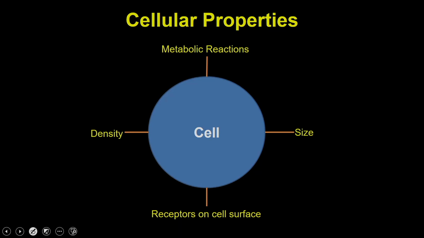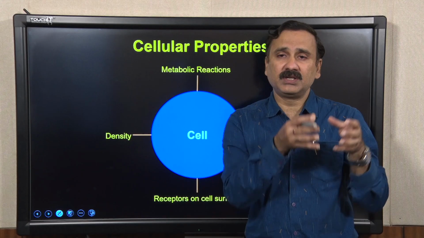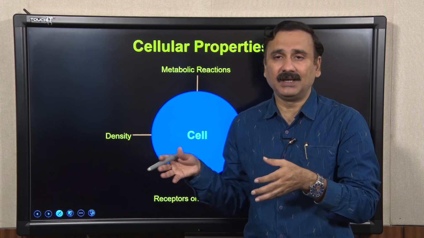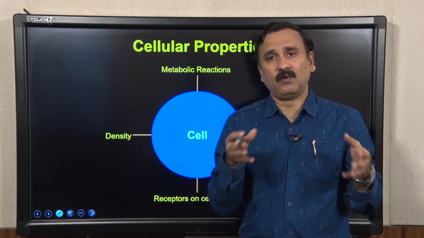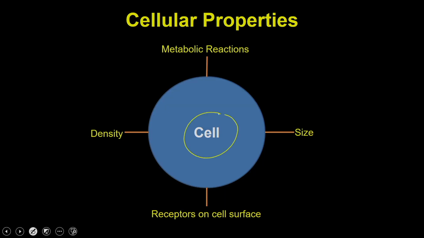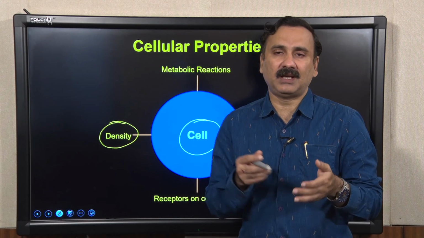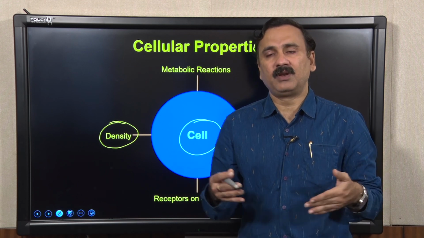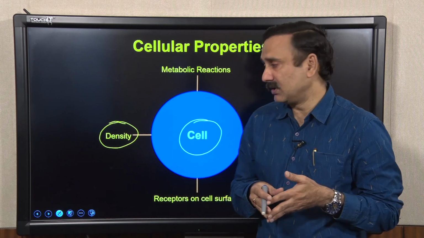When you want to study an individual cell, or when you want to distinguish a particular cell from another cell, you have 3 to 4 different criteria you can use. As far as the cell is concerned, you can have the shape. Different cells will have different types of shape. Then you can also have the density of that particular cell. The number of different types of organelles present in a cell is going to be responsible for the density of that particular cell.